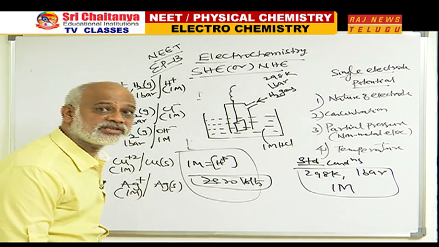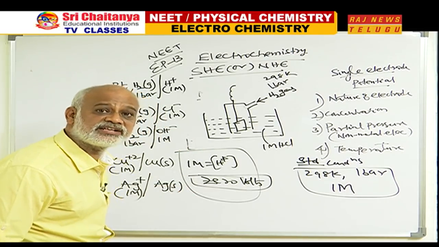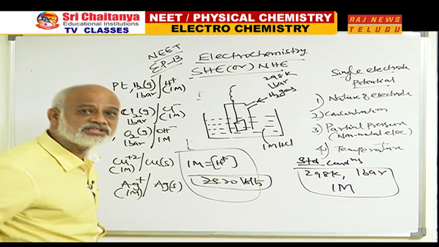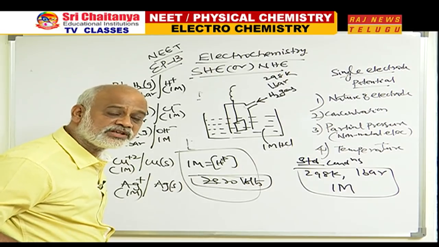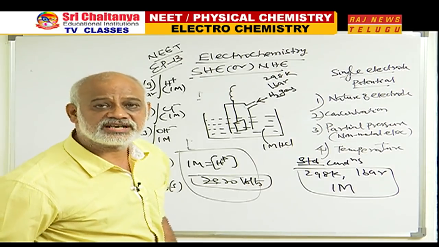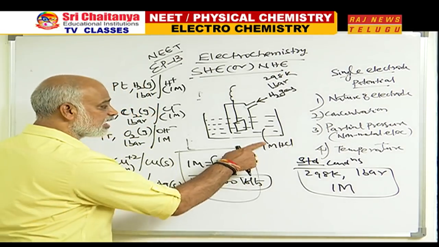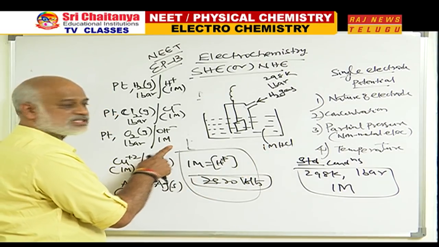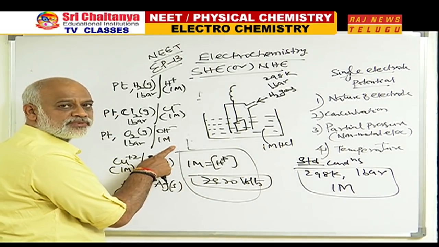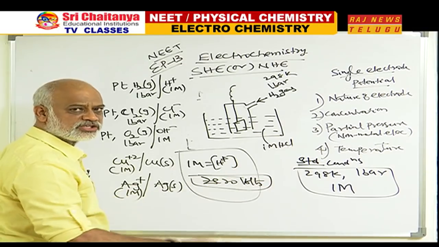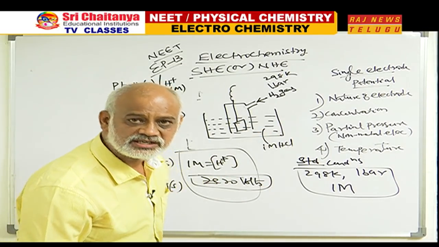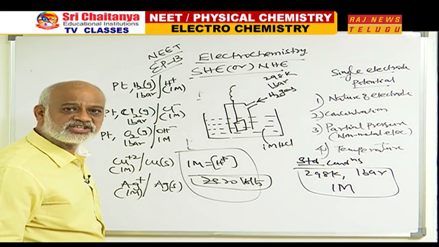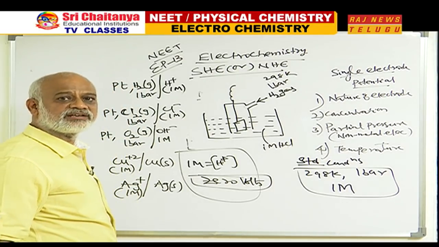No, sir. I wanted the meaning of the standard oxygen electrode. Standard oxygen electrode, how do you get oxygen from? You get it from a hydroxyl ion concentration. Therefore, take 1 molar OH minus, KOH, NaOH, anything. What is the gas to be bubbled? Oxygen gas. Under what conditions? 1 bar and 298 Kelvin.